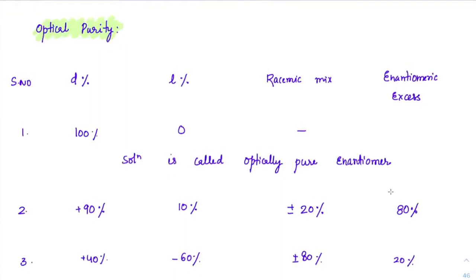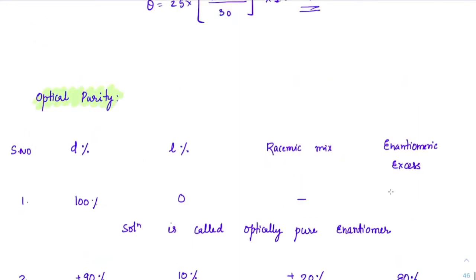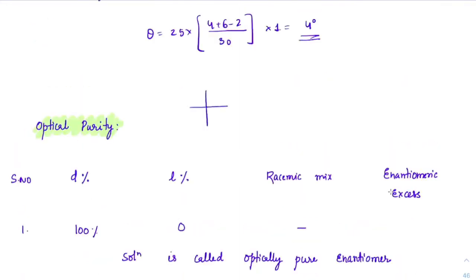Suppose we have a solution where we will only have one particular enantiomer. Okay, I'll take an example. Let us say I have OH, CHO, CH2OH, and H. I'm taking glyceraldehyde. Okay, OH, CHO, H, and CH2OH. Suppose if this enantiomer is not there, I have only 100% of this, which means this is pure, correct? So this is called a pure enantiomer.